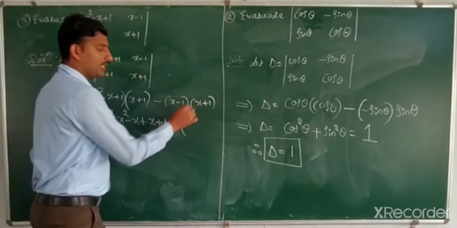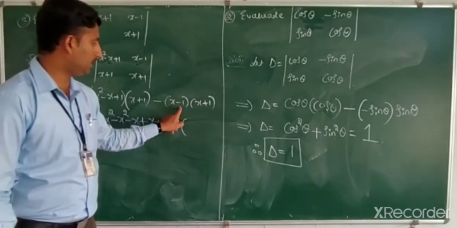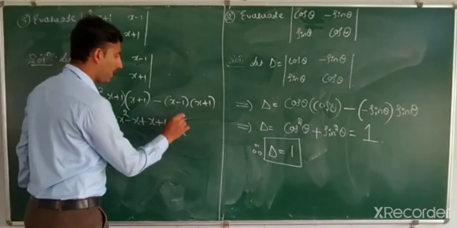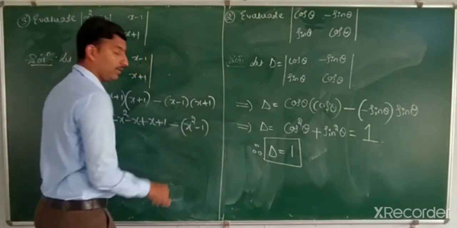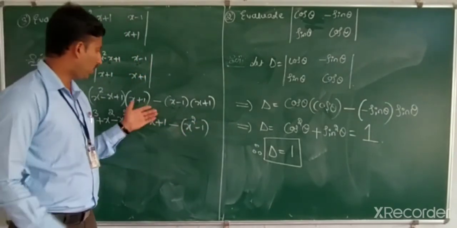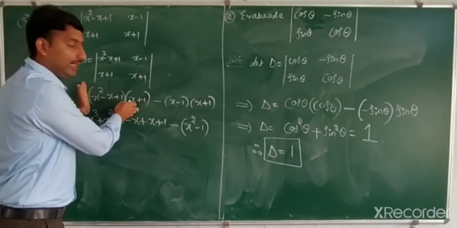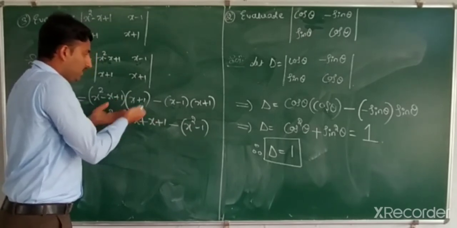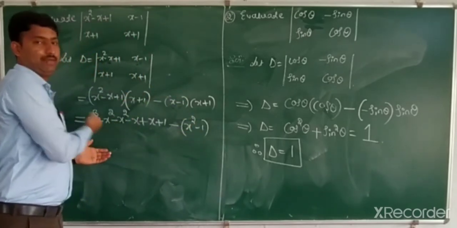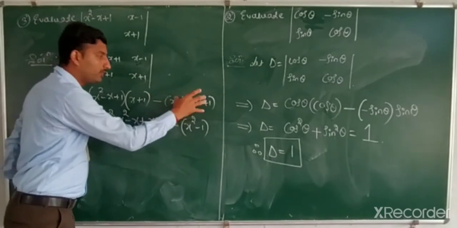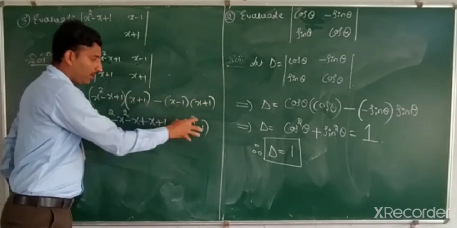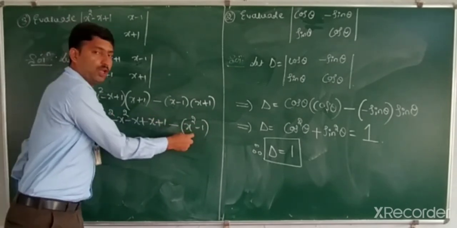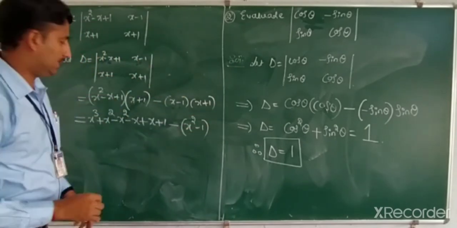Minus x, a minus b into a plus b. A minus b, a plus b. What is the value? A square minus b square. What is the value of a? That is x square minus 1. The bracket is compulsory because this value is greater than this value. This value is greater than this value means we have to subtract this value from this value. Which one is greater? This one is smaller, this one is greater. We have to subtract this quantity with the help of this. Therefore, this is a smaller quantity, we have to put the braces or